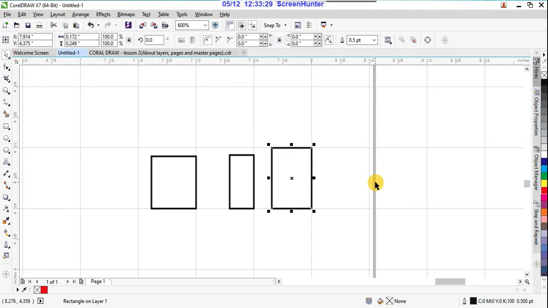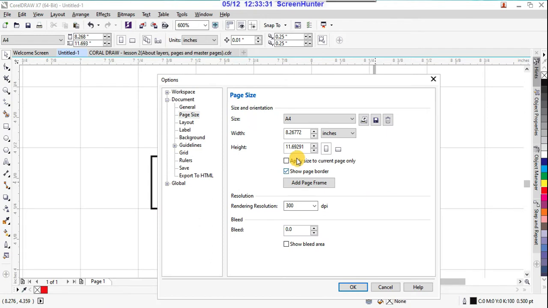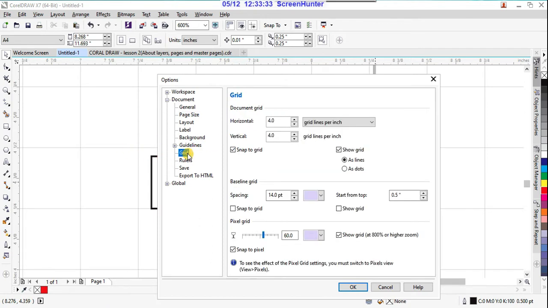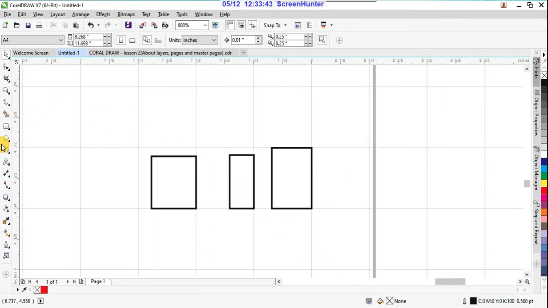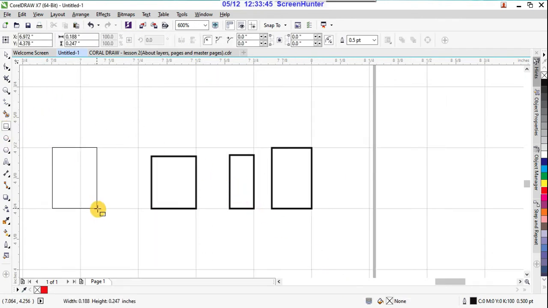Double click on that and check this option again, release that, say OK. So when you use all these options, you will understand about rulers and grids. See, now it is not snapping because we switched that off.